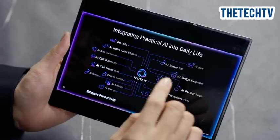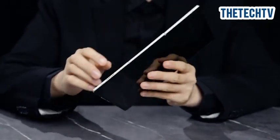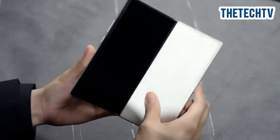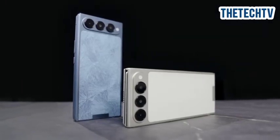The Tecno Phantom G Fold boasts a stunning design that seamlessly transitions between folded and unfolded states. When you unfold it, you're greeted with a massive, edge-to-edge display that's perfect for watching videos or working on multiple tasks at once. The phone's functionality is also top-notch, with a powerful processor and ample storage to handle demanding tasks. The camera capabilities on the